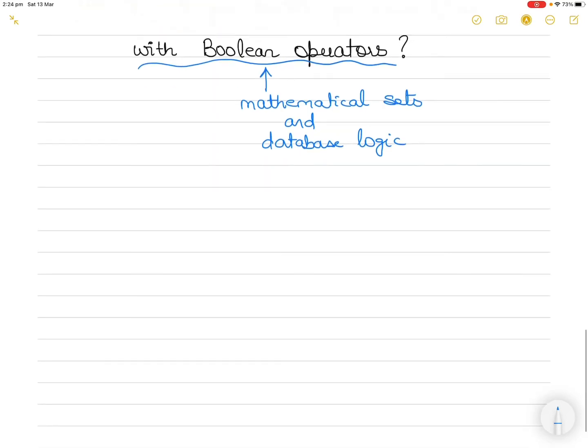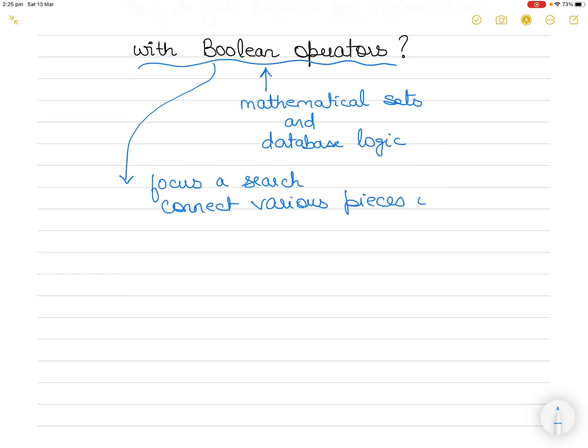So, what do Boolean operators do? They focus your search, particularly when your topic contains multiple search terms. And I'm sure if you're doing research, you must be typing in multiple search terms. They also connect various pieces of information, right?